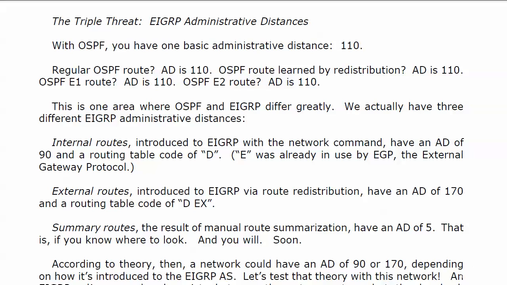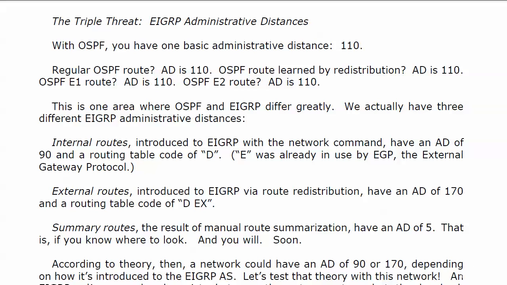As I mentioned at the end of the last video, with OSPF, we've got a basic AD of 110, and that's it. We have a regular OSPF route, it's got an AD of 110. The route was learned by redistribution, AD is 110. Is it an E1 route? Is it an E2 route? Doesn't matter, as far as the AD goes, because it has an AD of 110. If you don't know what an E1 or an E2 route is, we're going to change that in the OSPF